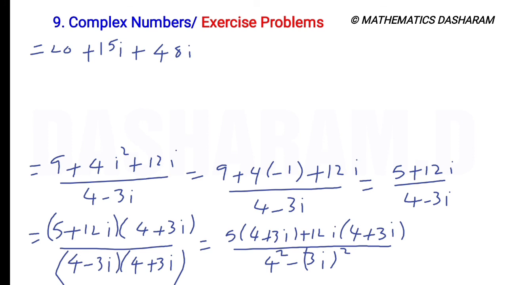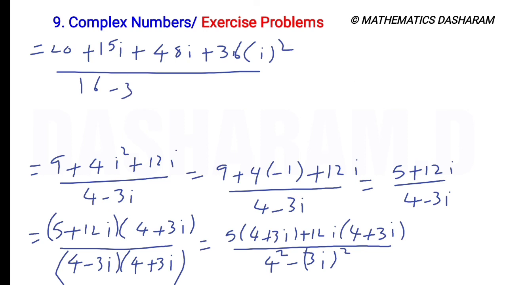Next 12 threes are 36 into i square, divided by 4 square 16 plus 3 minus 3 into i square. So it is equal to 20